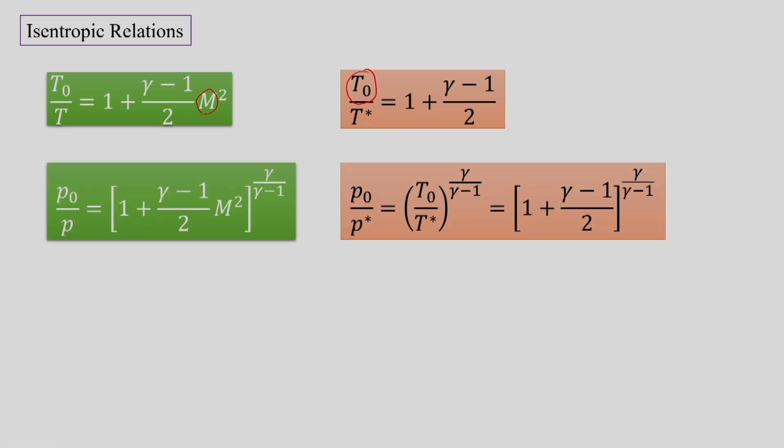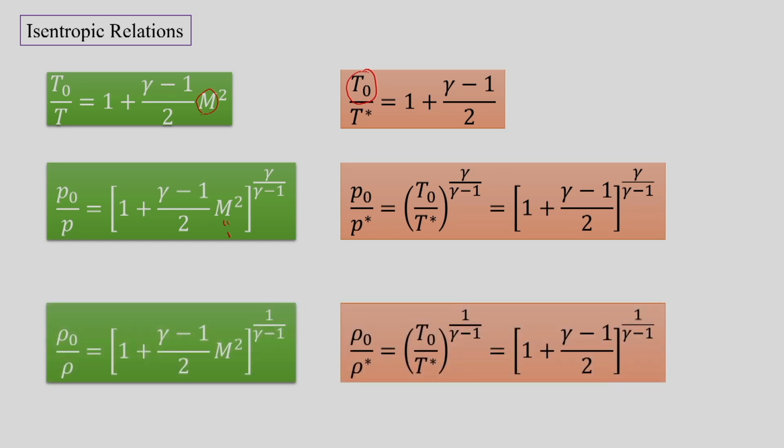Further, total pressure and static pressure can also be found out from Mach number, but if we put Mach number equal to 1, then this relation also becomes a specific relation between total pressure and the sonic pressure. Similarly, the density ratio between the total and the static at the sonic condition can be found out in the same way, and these starred quantities can be seen to depend only upon the specific heat ratio gamma, since we are putting a specific value of Mach number, which is 1.